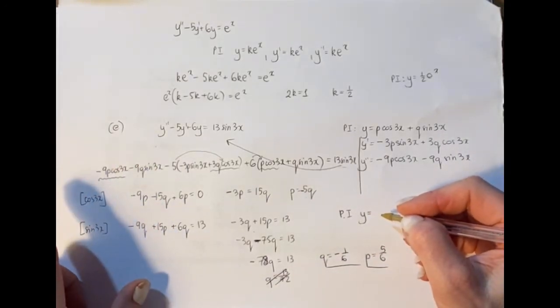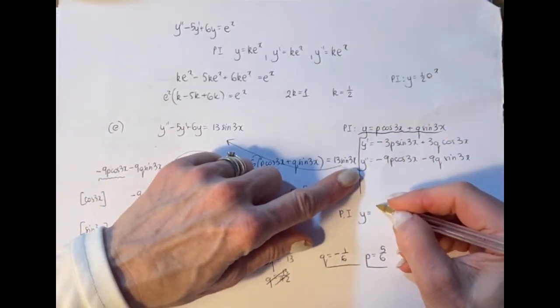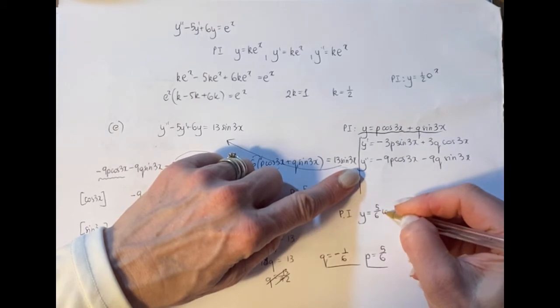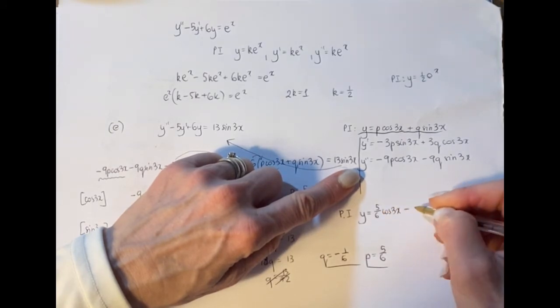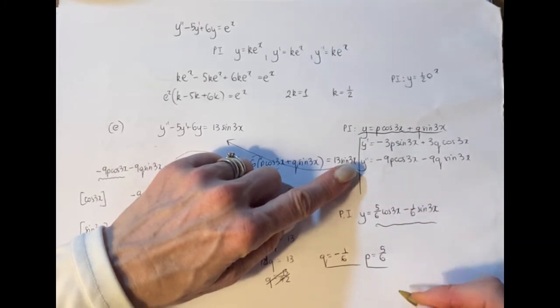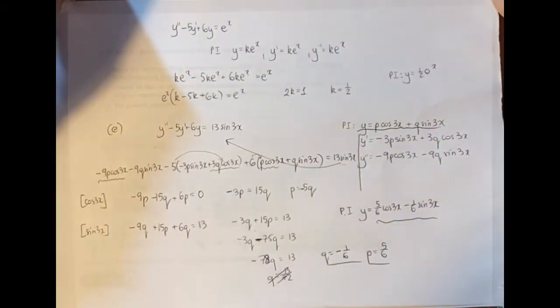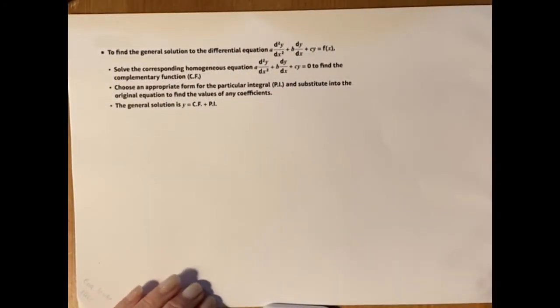Remember, the particular integral we were considering is this one. So it's 5/6 cos 3x minus 1/6 sine 3x. There you go. So now you can have a go at, no, we're going to stop. Okay, so let's have a look at